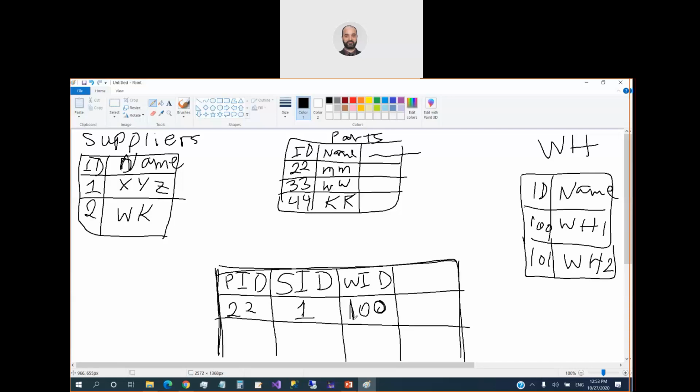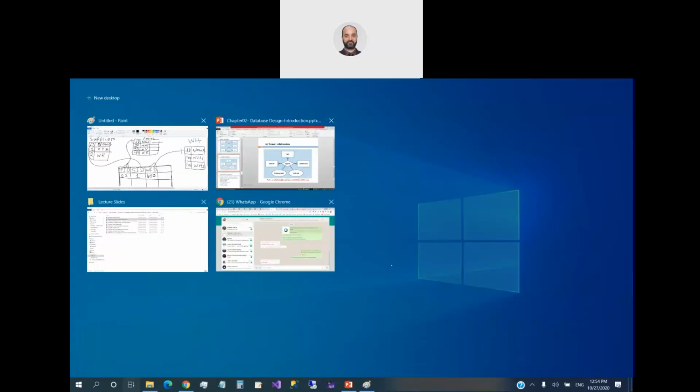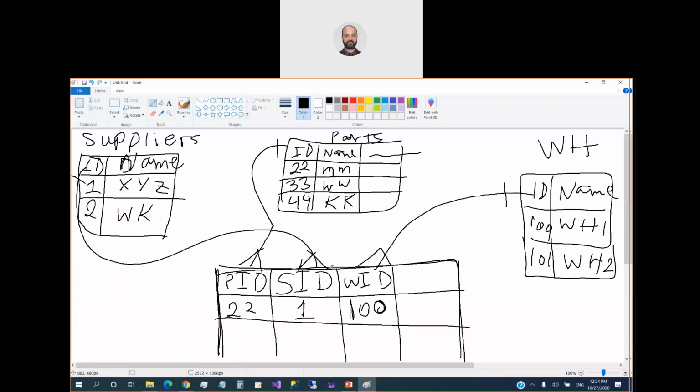Because the supplier should deliver these items, and when he or she delivers, then they should know where is the place, the address of the place they have to deliver to. Okay, so in this case, we have this ID connected here, this ID connected here, and this ID connected here. So this one is one to many, this one is one to many, and this one is one to many. So all of this diagram is considered a ternary relationship,